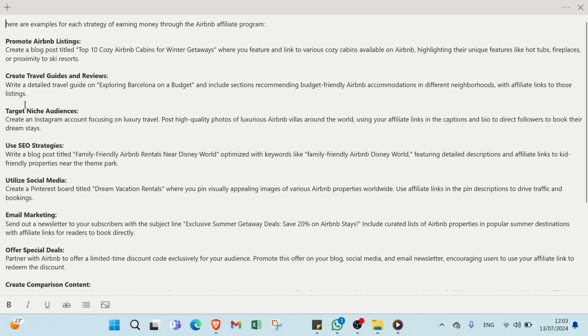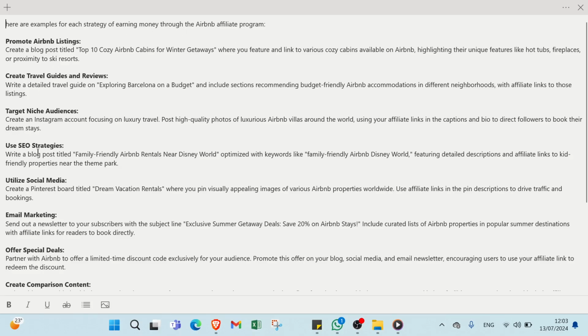We have here target niche audience. Create an Instagram account focusing on luxury travel. Post high quality photos of luxurious Airbnb villas around the world, using your affiliate links in captions and bio to direct followers to book their dream stays.